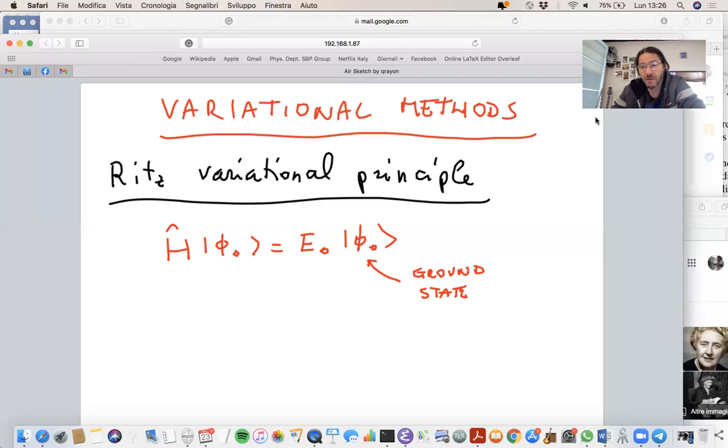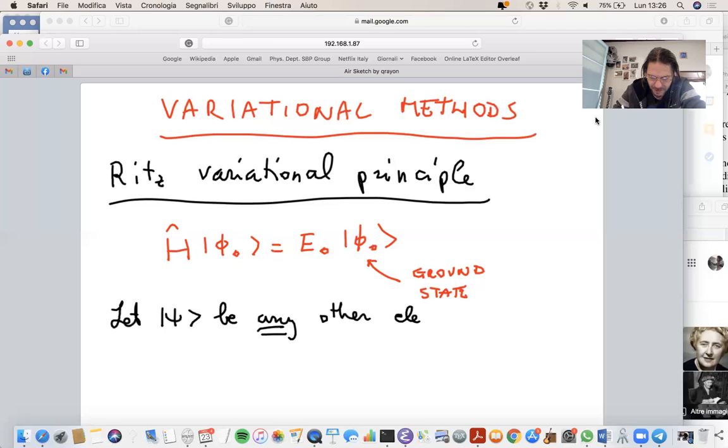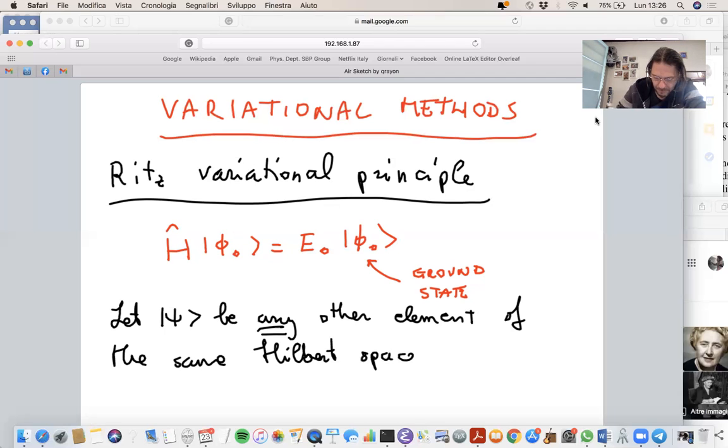Maybe it's an eigenstate of the Hamiltonian. Maybe it's not even an eigenstate. Let psi be any, and I emphasize the total general character of this statement, any other point, any other element, or ray, if you want, of the same Hilbert space. Okay? Then,